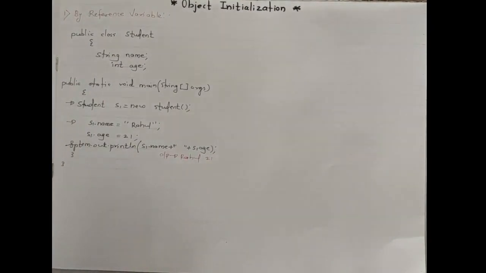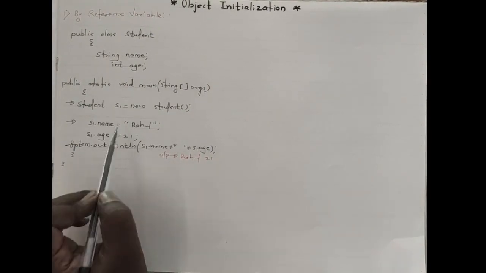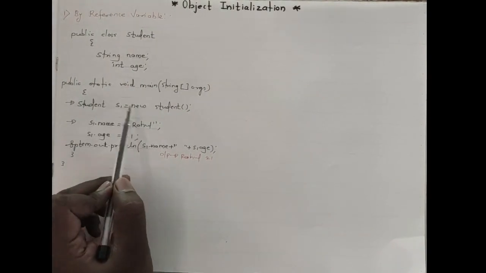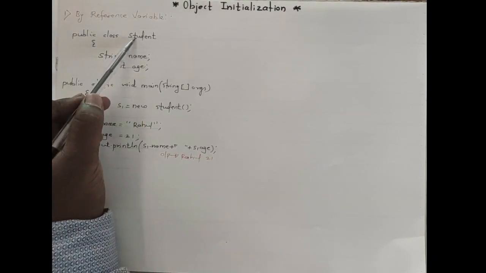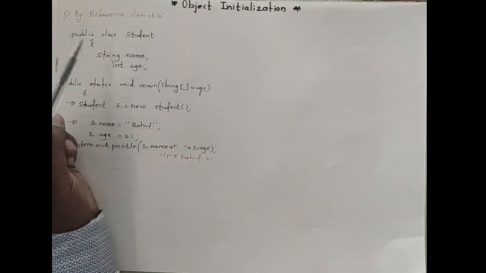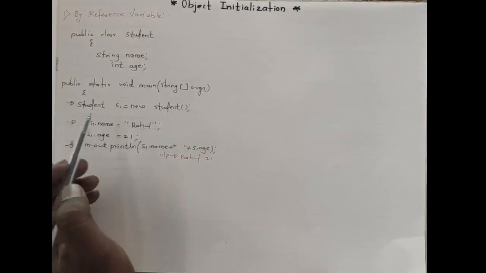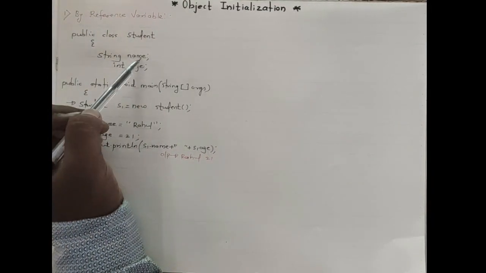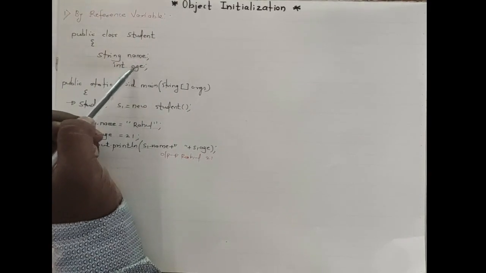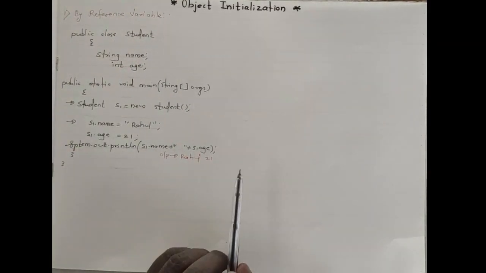Suppose we have a number of students with us, we can simply follow this method. No doubt I can create any number of objects for that Java class. During the practical I will explain those things. Right now, consider this total procedure of how to initialize a variable or object by using a reference variable.